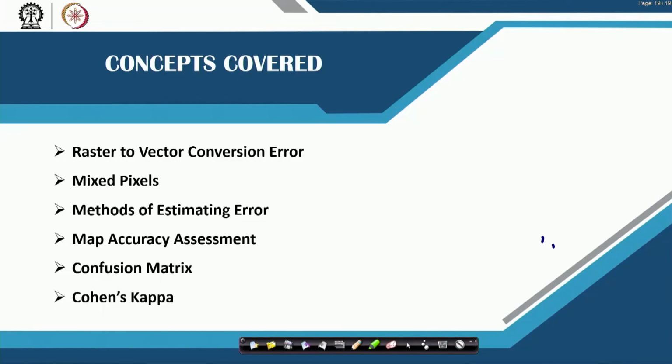Now in this part of the lecture, we'll extend the same discussion, but we'll also look at even the raster part of it. The raster model: what are the things that may come, how do we look at the errors, how do we look at the accuracy, and probably we'll also look at the pixel errors, which are extremely important in terms of understanding an image. So the concept that I would speak about today is raster to vector conversion.